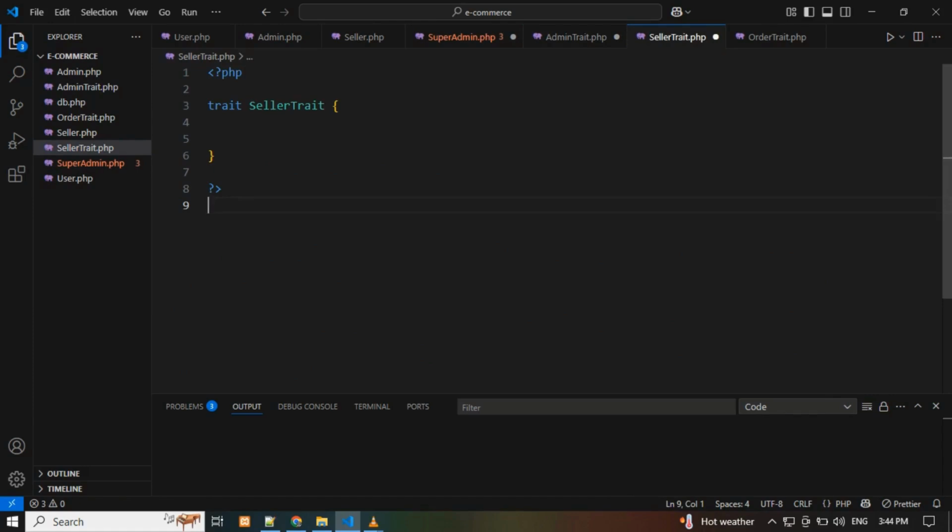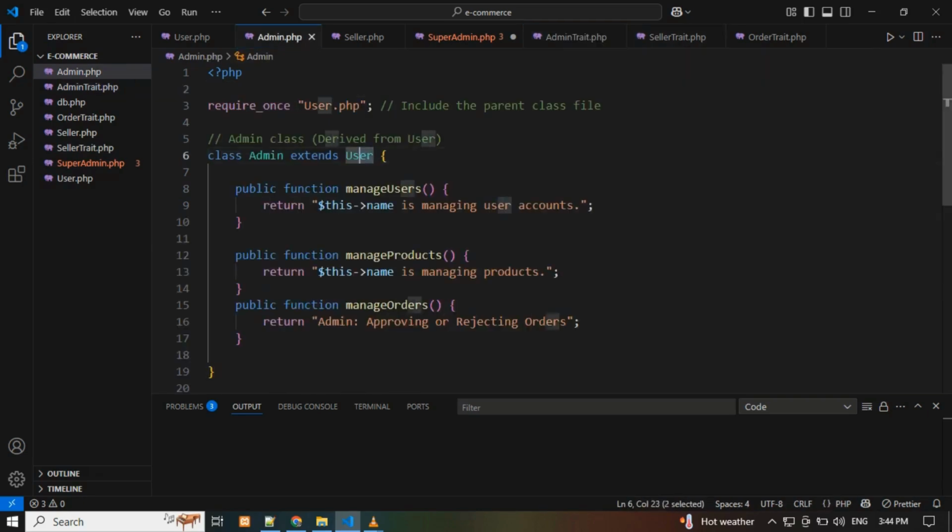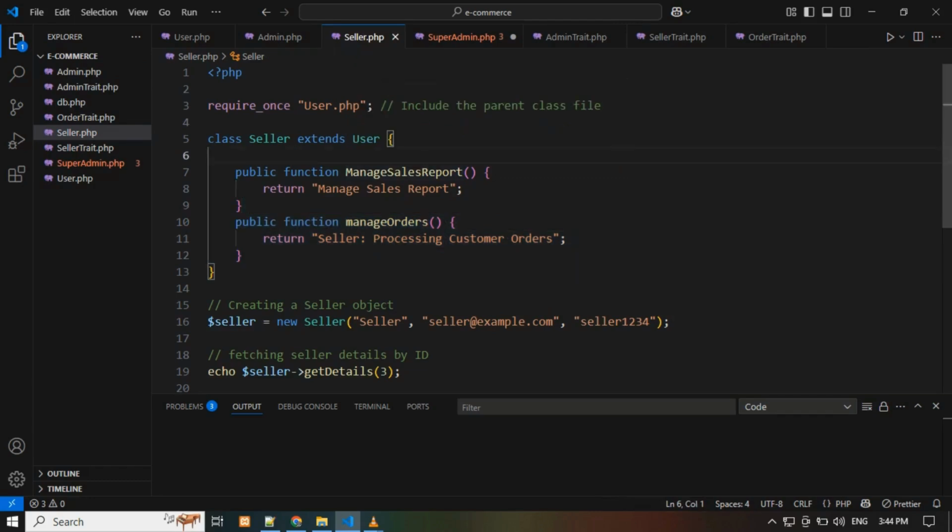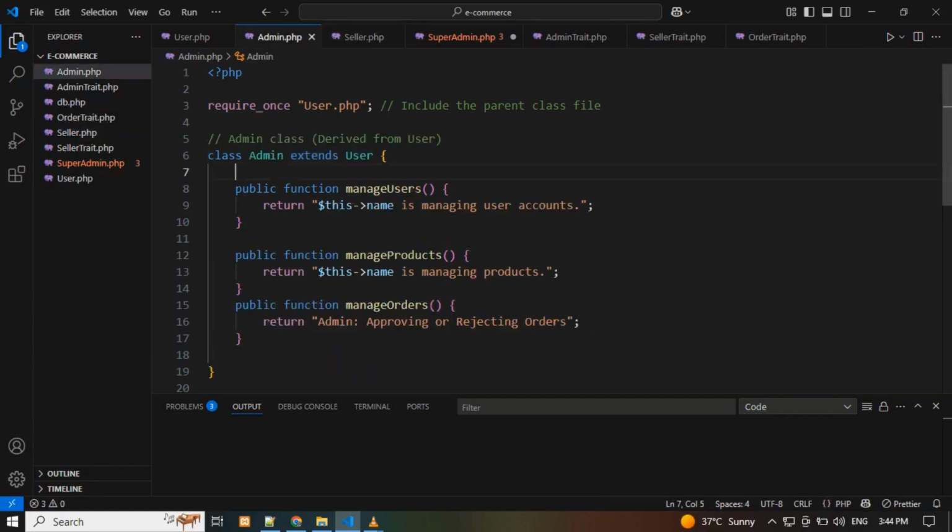Now, if we convert all the functionalities of the admin and seller classes into traits, we won't be able to access the user class functionalities because both the admin and seller classes extend the user class. Therefore, we cannot convert the entire class into traits. We do not make any changes to the admin and seller class files.